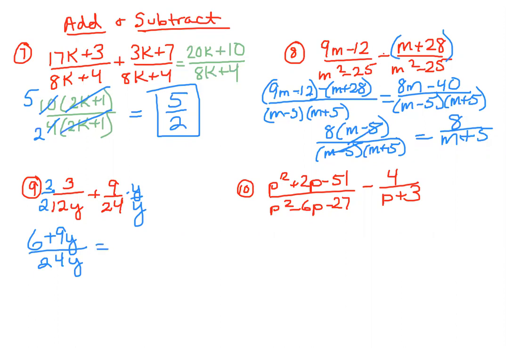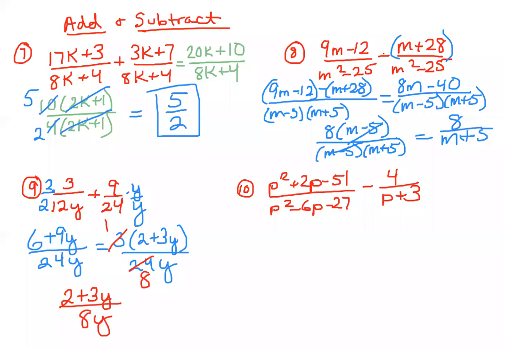Are we done? No. We can factor out a 3 in the numerator. And then we can say 3 goes into there once, 3 goes into there 8. And we can have 2 plus 3y over 8y. And now we're done. All right, over here for this one, we got to factor this denominator to figure out